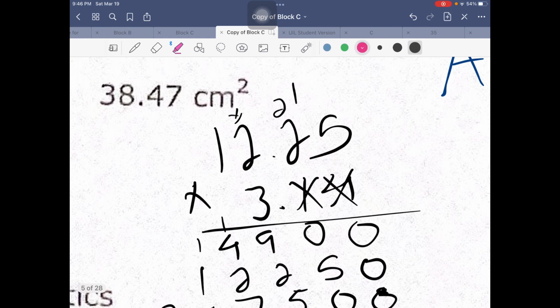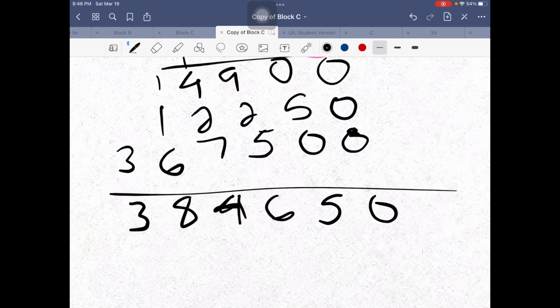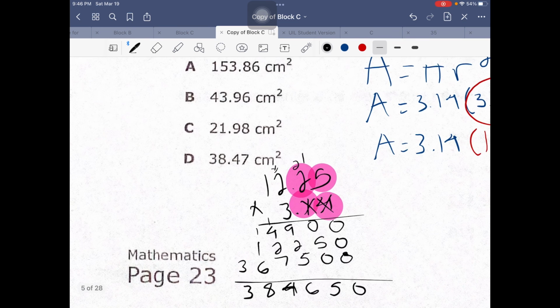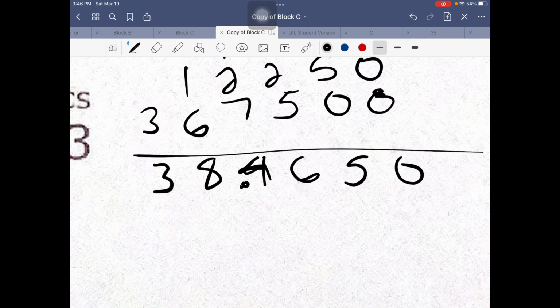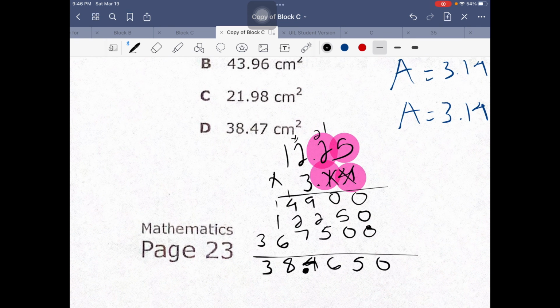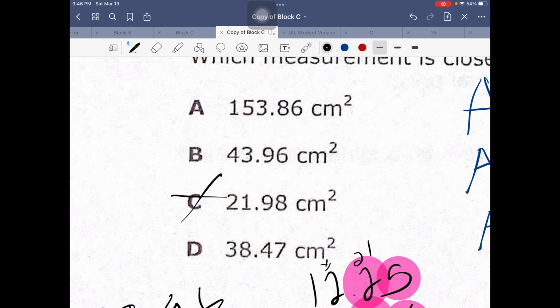And then 3, you bring it down. How many decimal places do I have? 1, 2, 3, 4. So that means it goes over here. 1, 2, 3, 4. My answer would be 38.46. That's the closest one. And the closest one is